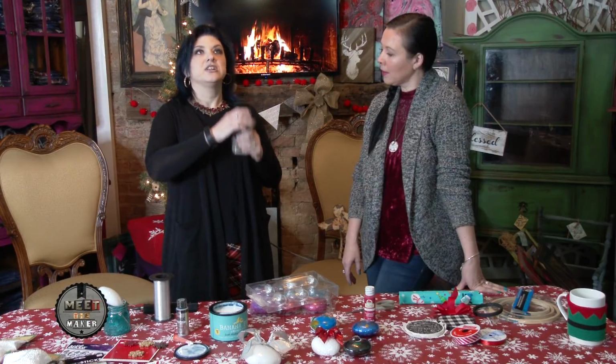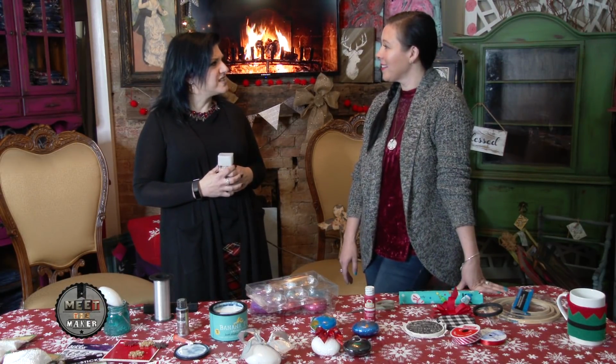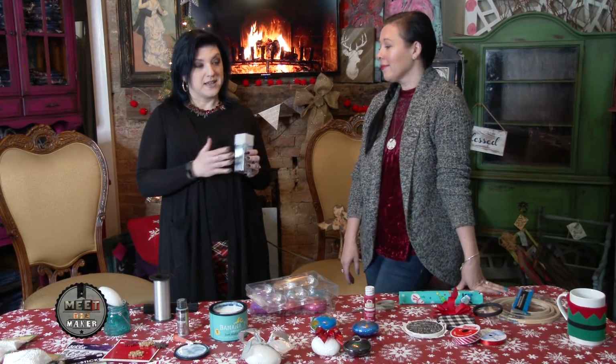So I looked at my gigantic wall of glitters this morning and tried to decide which one to pick. It's very hard to narrow it down to just one. But I went with a nice...